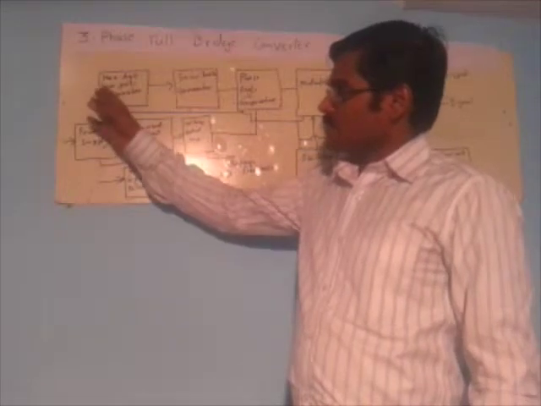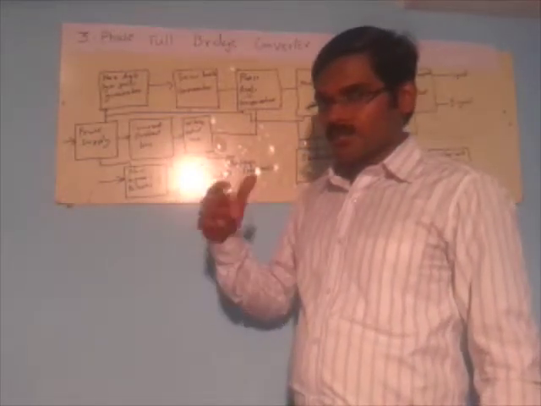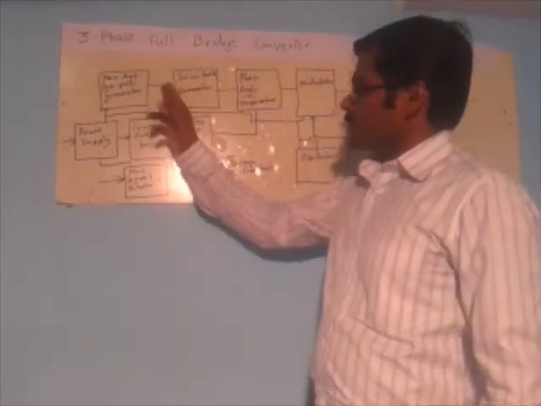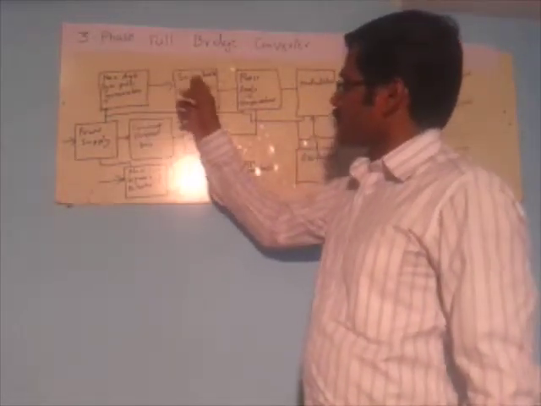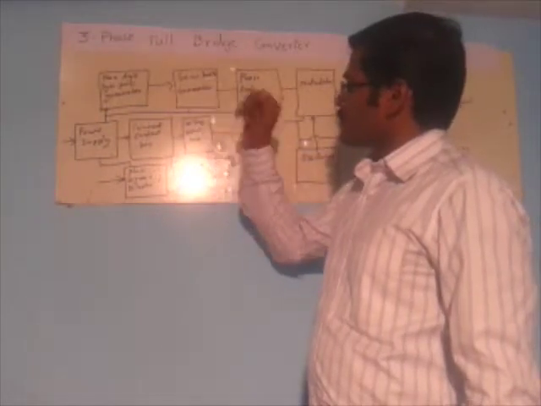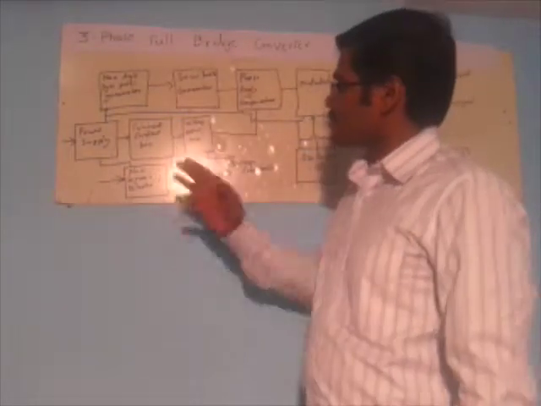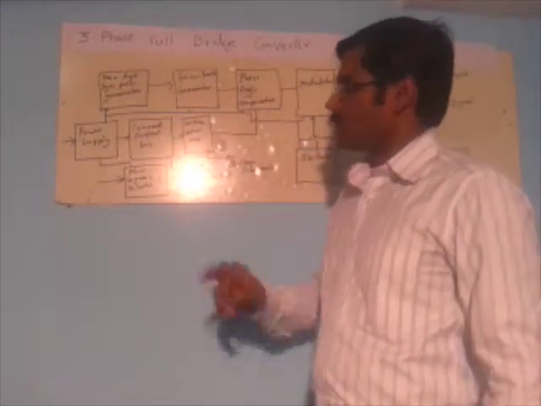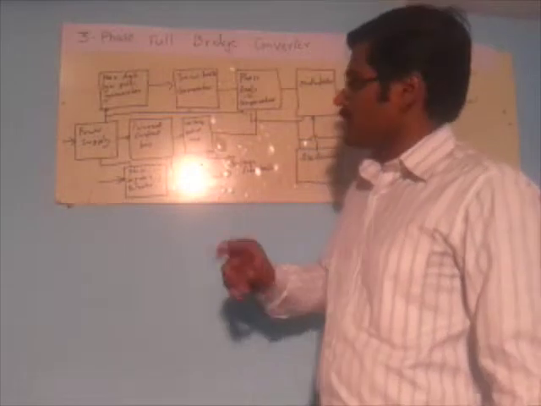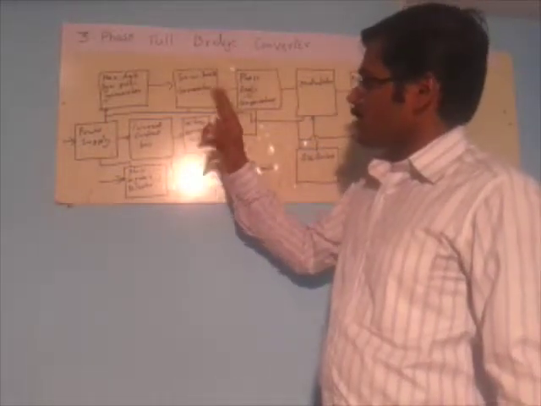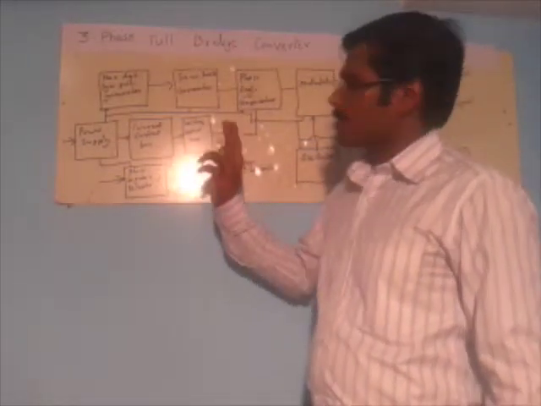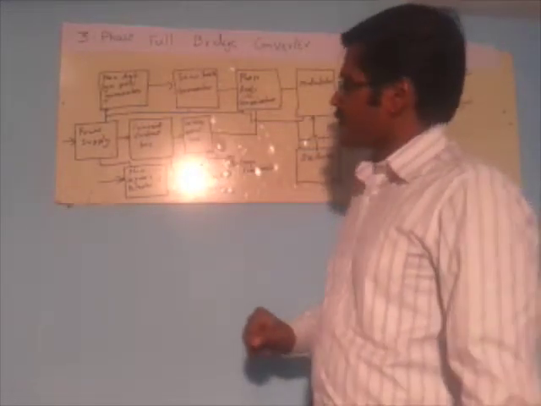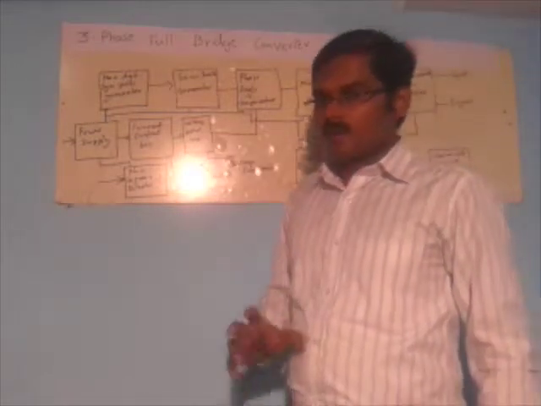Means the input is R, Y, B positive or inverse. That step wave we apply to the input of a ramp generator. The output will be a ramp. Input is step, then we can say the integral of the step function will be a ramp function. Basically, this circuit is an integrator using an operational amplifier.